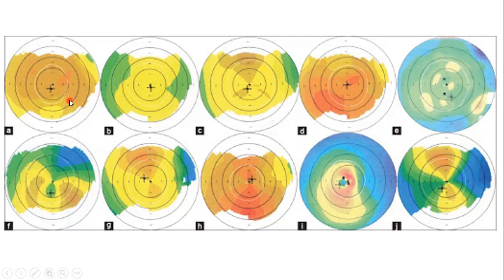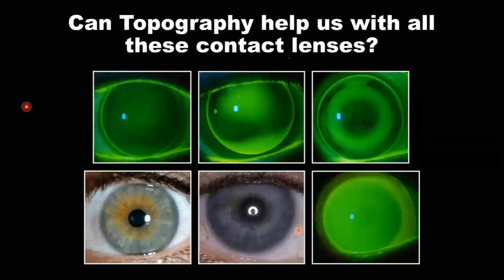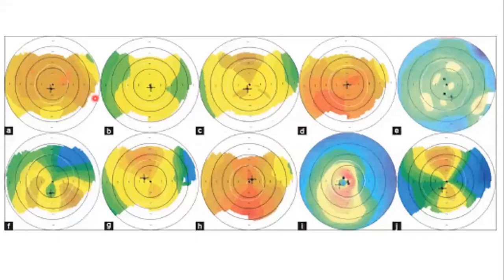So when I am saying shape, what do we want to know about a cornea when we're talking about corneal shape? We know that the cornea would be steeper in the center and flatter at the periphery. So we want to know about that shape in the patient on whom we are measuring: whether the corneal shape is like a normal corneal shape, where the center would be steeper and as we go towards the periphery it becomes flatter.